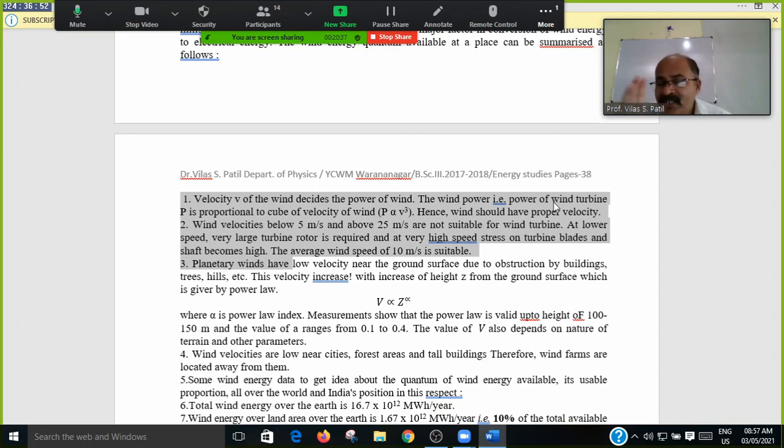And if the wind velocity is greater than 25 meters per second, then the high wind passing through the windmill will rotate the wind turbine at high speed, and due to that the blades will be bent and destroyed, damaging the profile of the windmill. Means that, जर जास्त स्पीडी विंड असेल तर त्याची पाती जी आहेत फिरणारी विंड मिलची ती